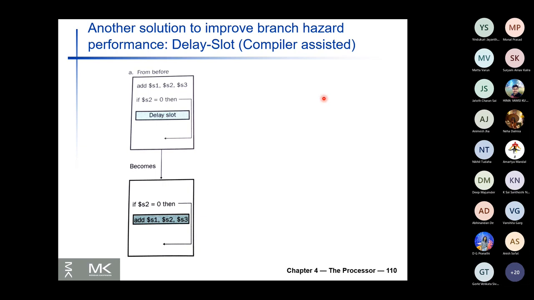So similarly, between the branch and the following instruction, if you can put something else which will be executed anyway, but does not depend on the branch or the subsequent instruction, then the slot where you are putting the stall can be reused by something else, by reshuffling the code. For example, here, if I have a branch, if S2 is 0, so some comparison with 0, then this is my target here, and there is an instruction which is actually